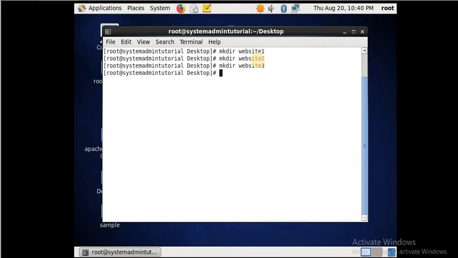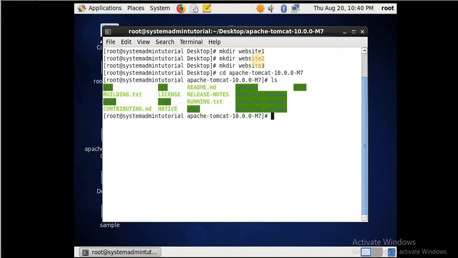After creating the three directories, whatever the location, you create it as per your compatibility. I am creating them at the desktop location. Now I will copy all the files of the Apache. Let's get into the Apache directory. Here all directories are there.